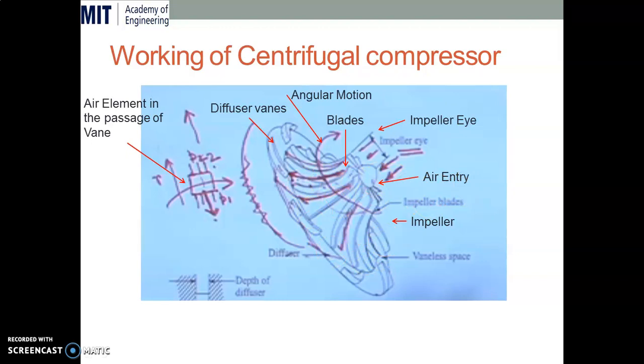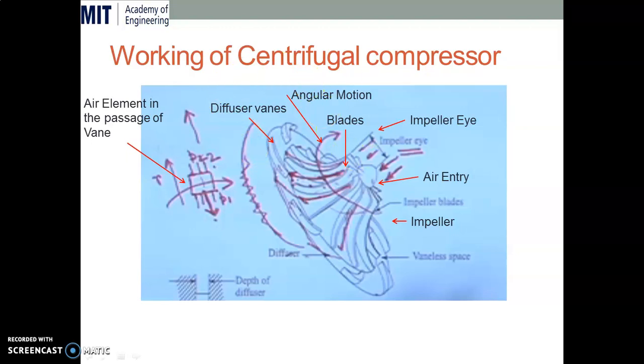We know that if the Mach number is less than 1, then the pressure and velocity variation in compressible and incompressible flow are the same. So whatever the increasing area over here results in increasing pressure. These diffuser vanes are the steady ones. The only moving part is the impeller. In this way we get the compressed air, and then we can store it in some reservoir, basically what we call a cylinder.